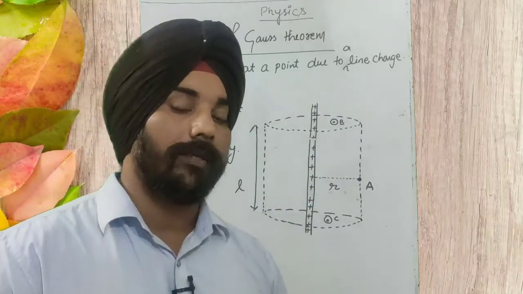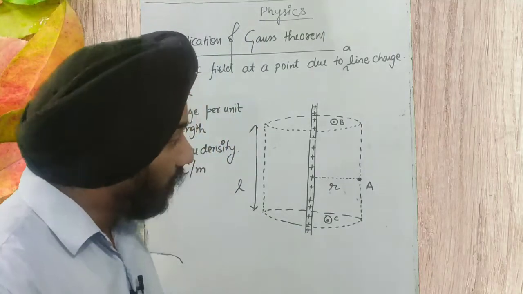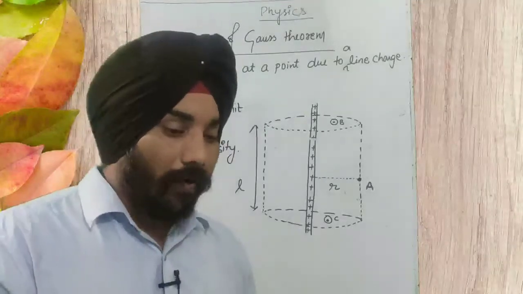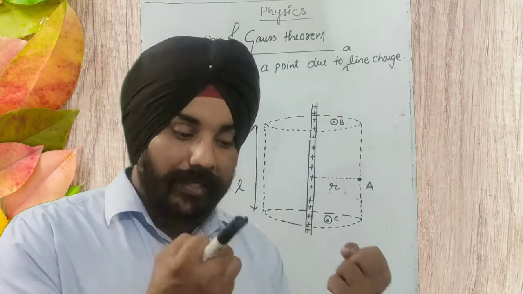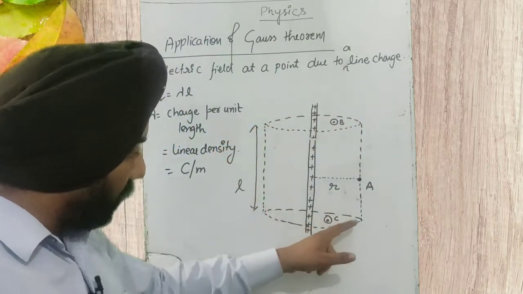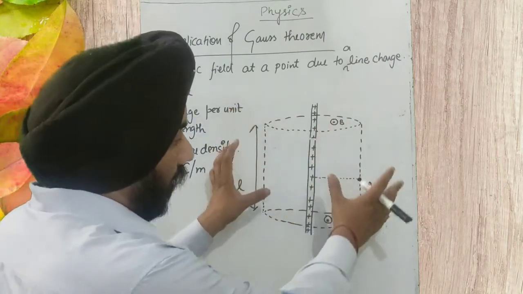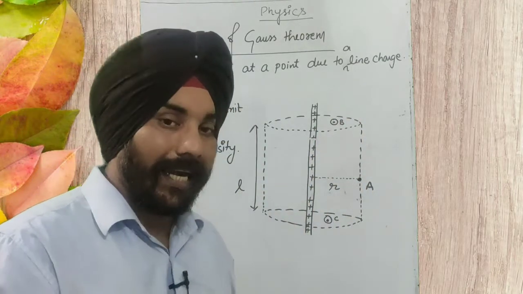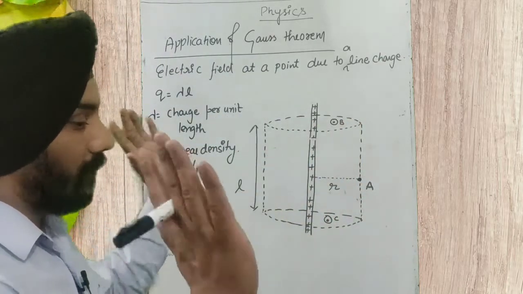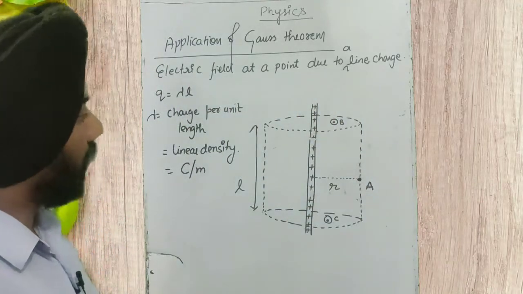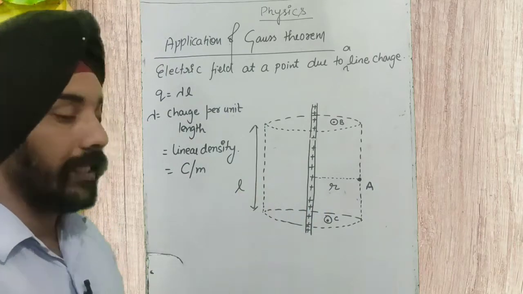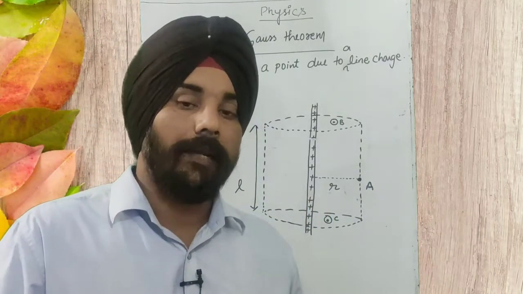Now we have to find out how much flux is coming out from this surface, and from where this flux is coming out. It is quite important. Which place is there through which the flux is coming out? Is it coming out from the upper cross section? Is it coming out from the lower cross section? Is it coming out from this curved surface area, the sidewise lateral surface? We need to find out how much flux is coming out and from where it is coming out. It depends upon that.